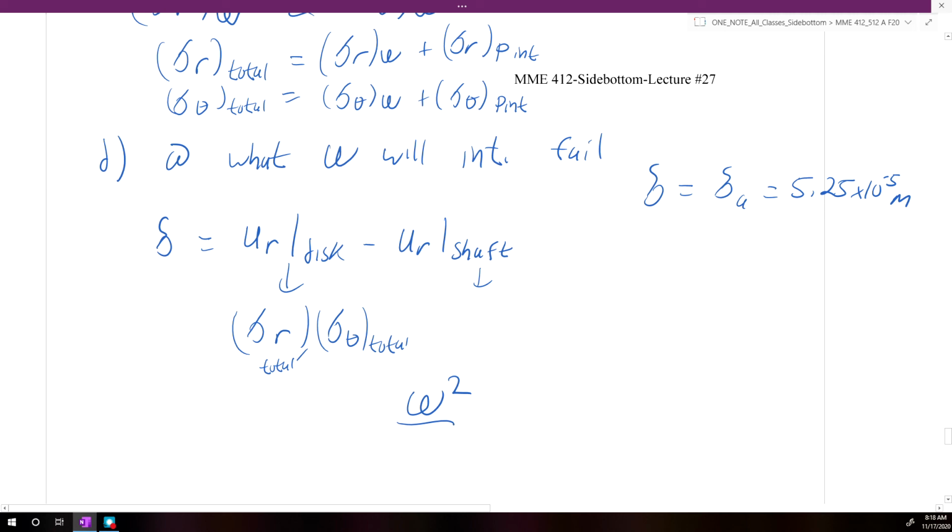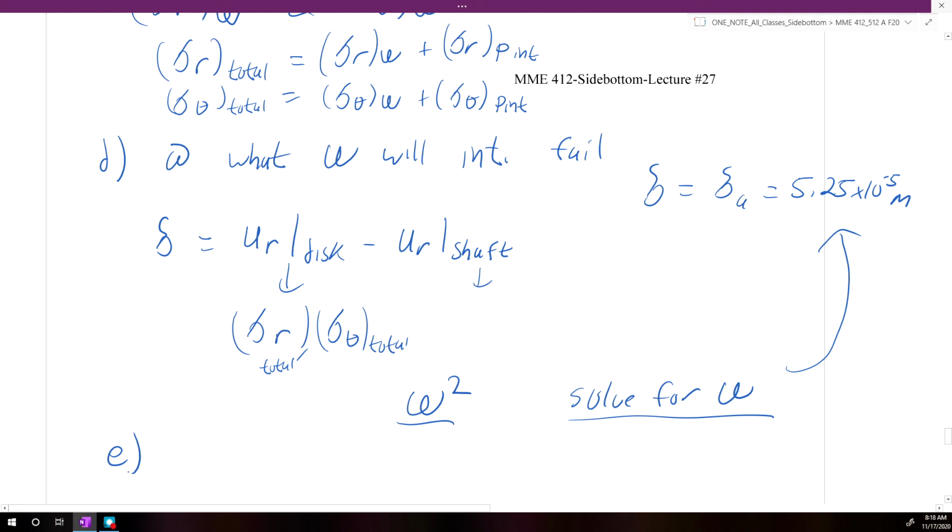So we can then solve for omega, the omega that corresponds with the displacement delta at 5.25 times 10 to the minus fifth. And then the last part of the problem, part E, asks us to solve for the burst speed at